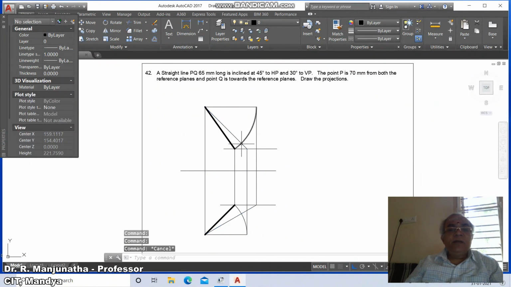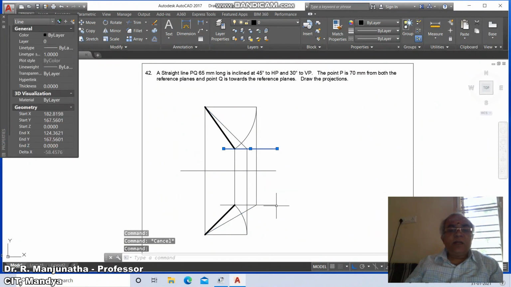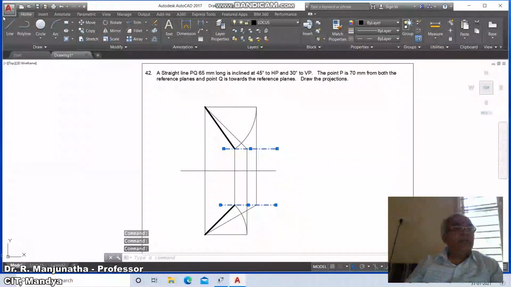Similarly you click on this and this, go to layer, make this the locus layer, and the line type scaling factor, make it 10, so that you will be able to see all other things. The rest of the lines are going to be the projector lines having thickness 0.0.